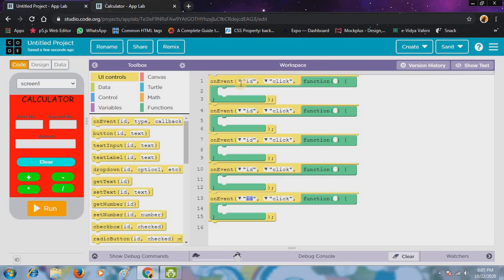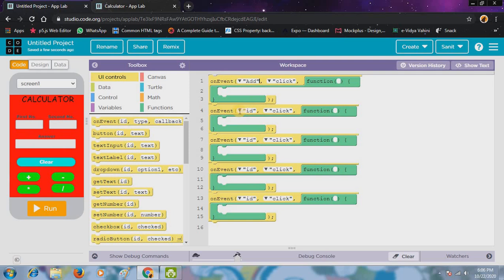Okay. So here first of all you need to write the ID. What is this button's ID? Okay. And what do you want? Click. So in this command we are saying that when this button is clicked, what will happen? So on event, just click on this arrow and write add. You can see the name add.